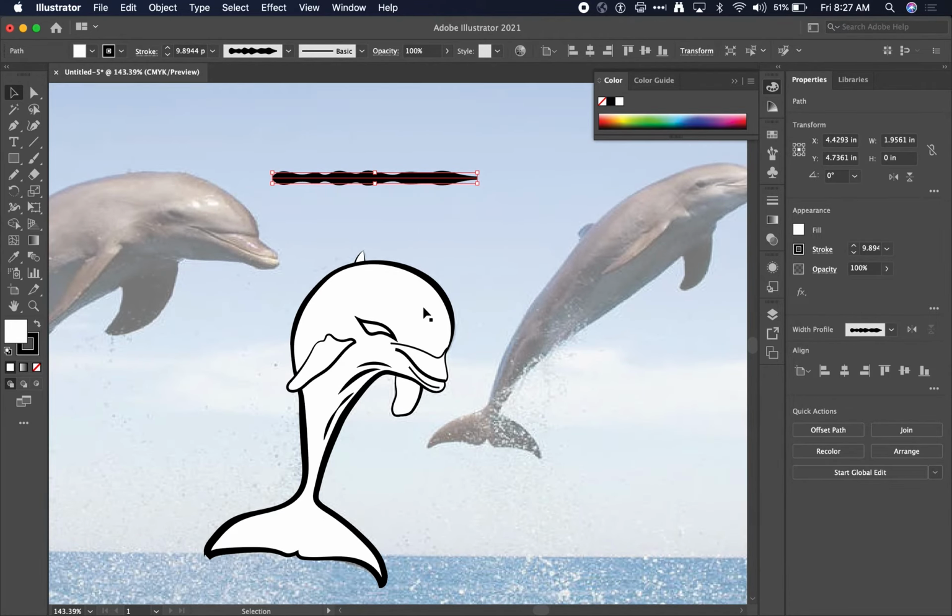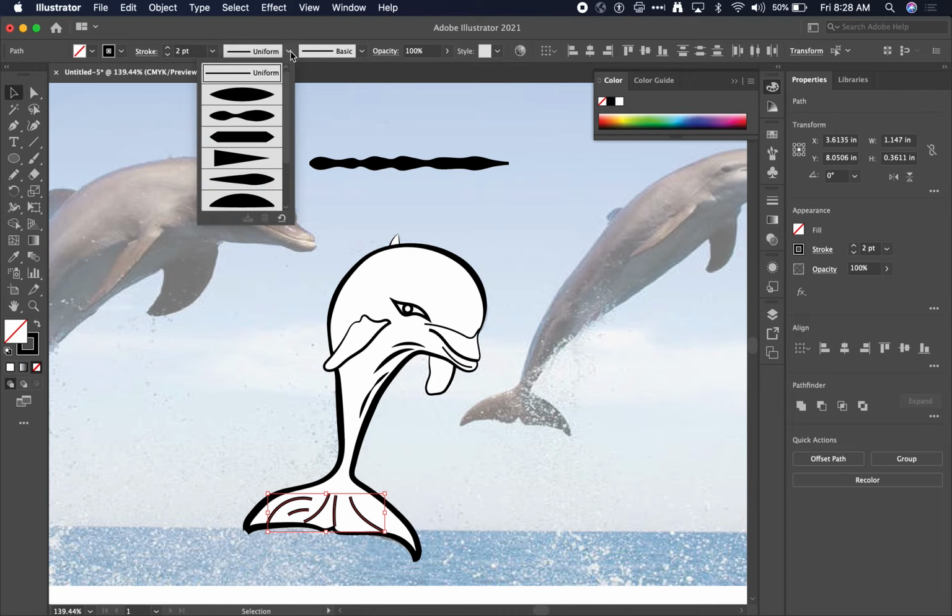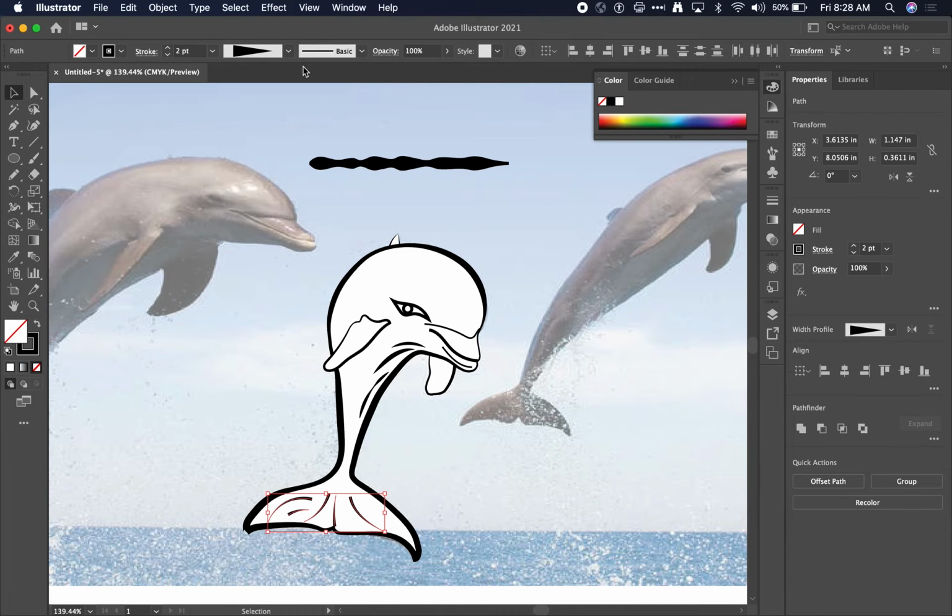So I'm going to actually just take this entire dolphin. I feel it's pretty done. Maybe I'll just add a couple of strokes here. And then change them to, and notice how, because I'm not touching the lines, they're not connecting, which is really nice. And then maybe I'll take these strokes, this one, I'm holding the shift key to shift select, and then I'll pick something that looks, oh, one thing,